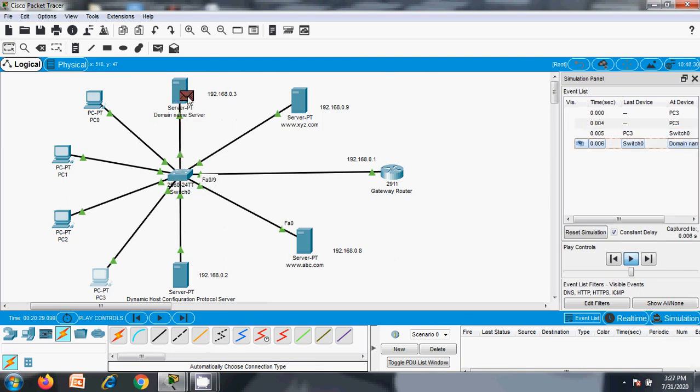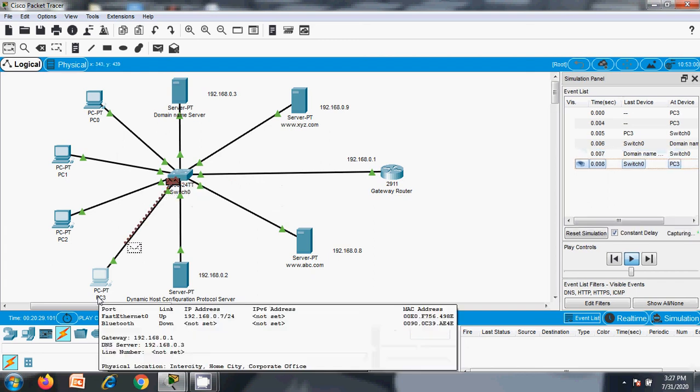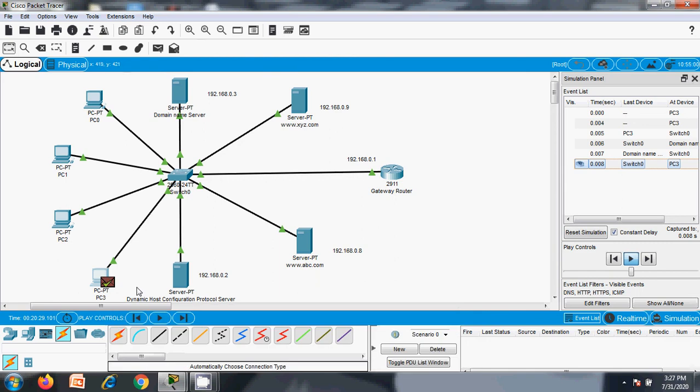The packet will get the DNS reply with the IP address of abc.com, and it will be received by the requesting PC. Now it prepares an HTTP message. Look at HTTP, the HTTP request message. The packet is ready to transmit.